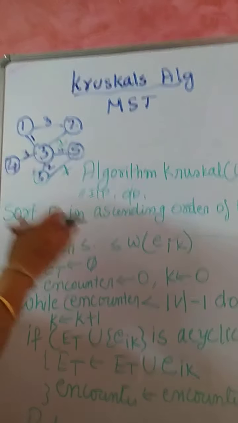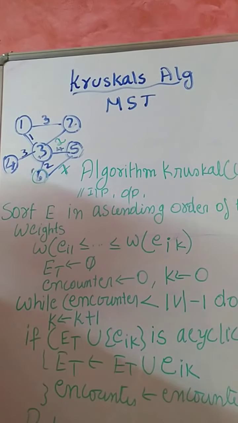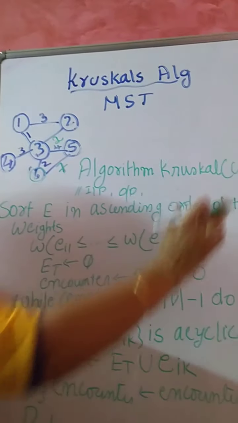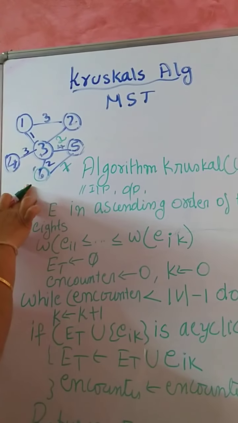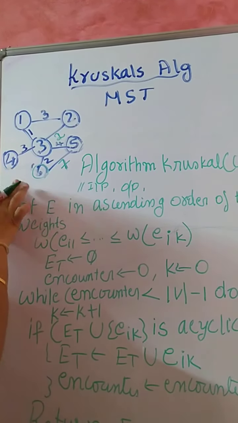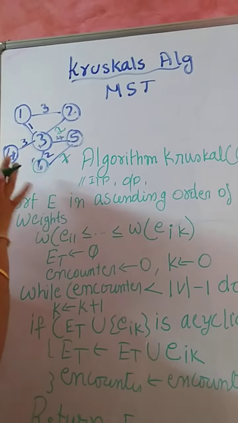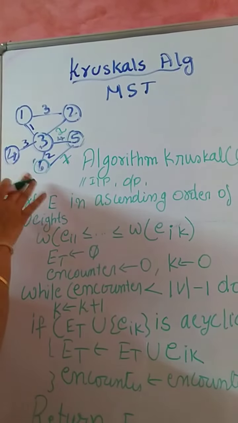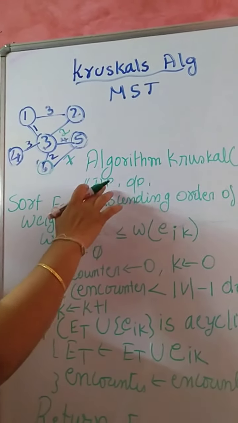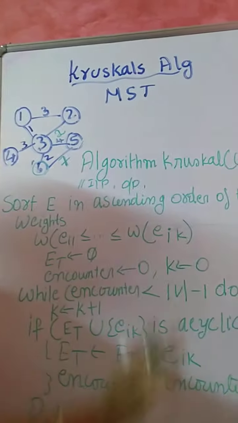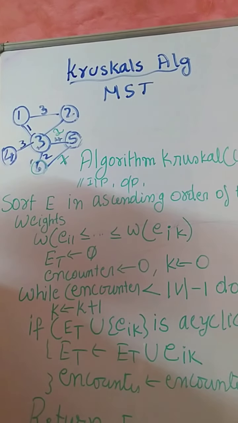Now let us consider an algorithm for Kruskal's. So the input for that is nothing but the graph, a connected weighted graph. Cycles may be there, may not be there, whatever it is, it should be a weighted connected graph. Write whatever input, output and purpose, it is there in my notes, go through that one.